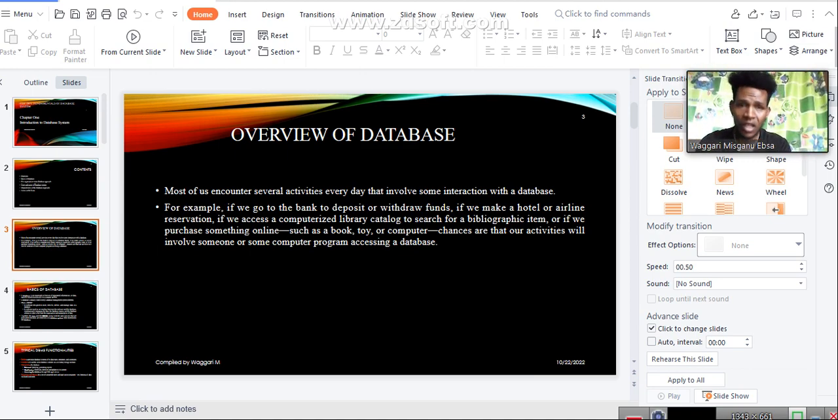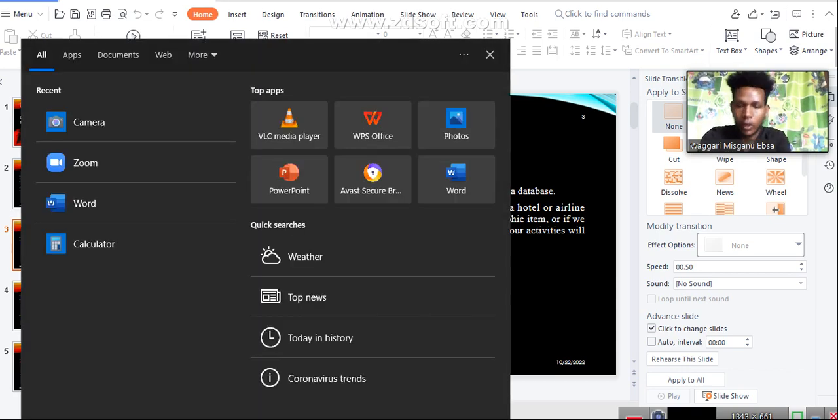Okay. Our day-to-day life makes us interact with the database. So we are going to go to the database. Then let me see something: what is data? What is information? For example, let's say